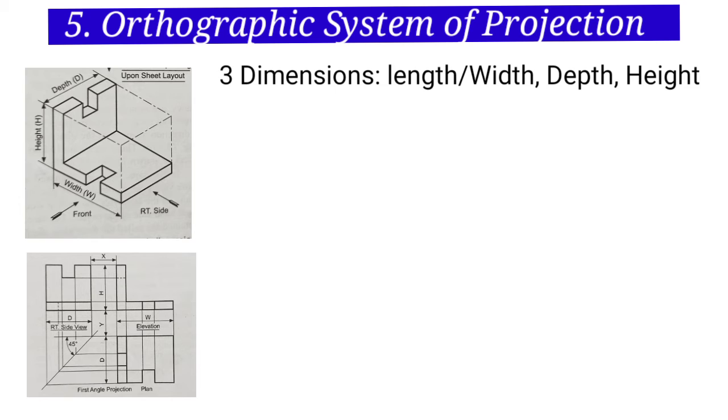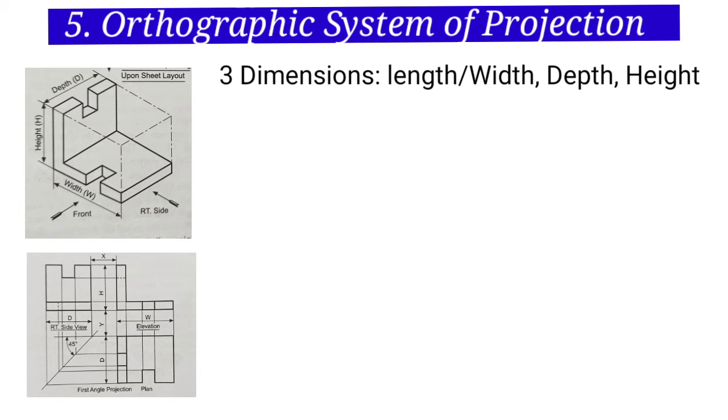As is clear from the figure, a single orthographic projection of a cube or any other object does not describe the form of the object, when the object is so placed that one of its faces is parallel to the plane of projection. In order to achieve the complete shape description in such cases, it is necessary to get more than one projection, and therefore additional planes of projection are used to project more views of the object on them. As such, the orthographic system of projection is called a multi-view projection method.